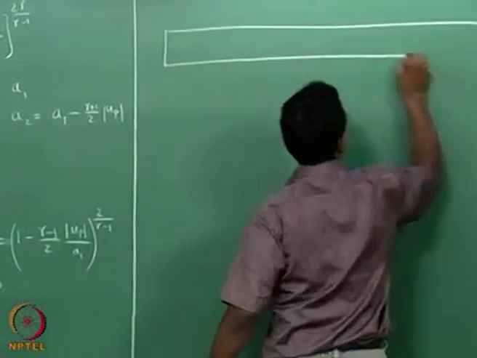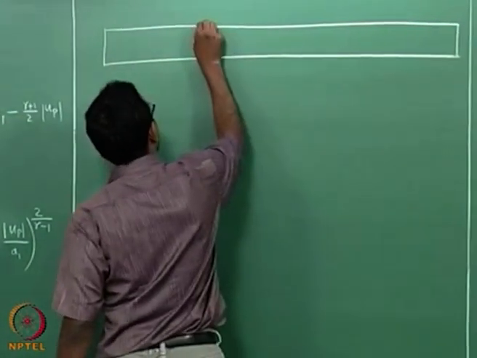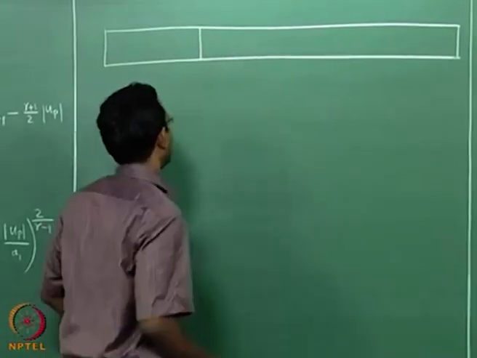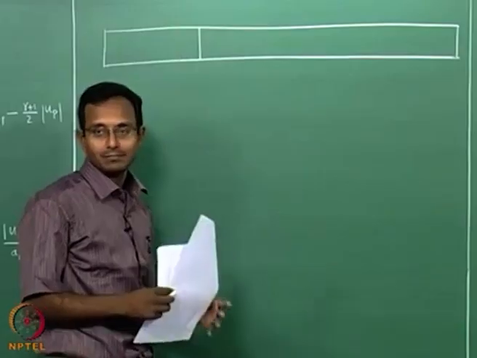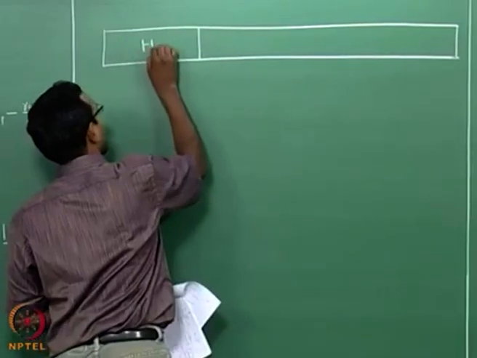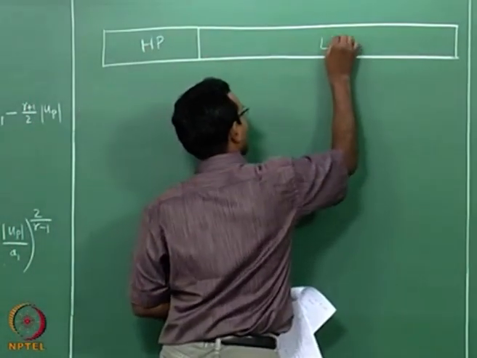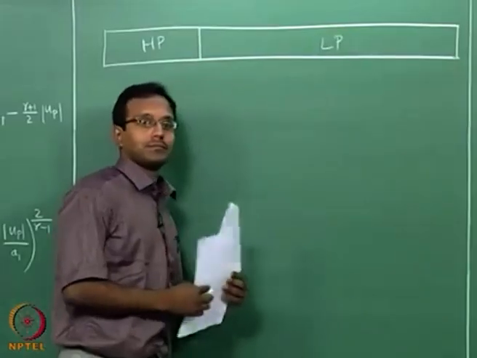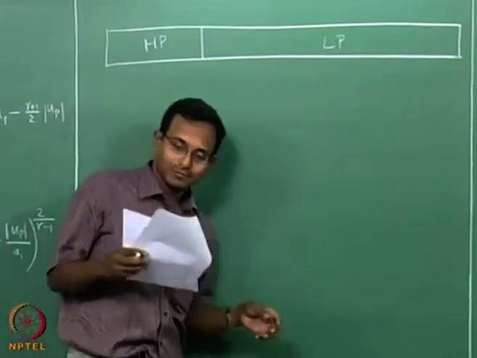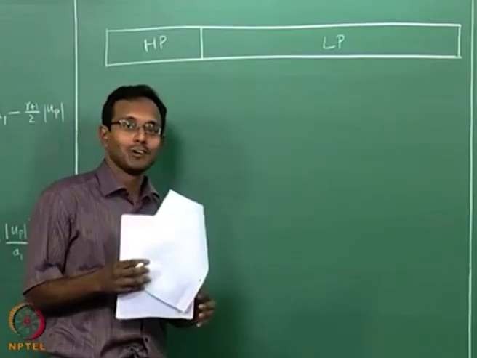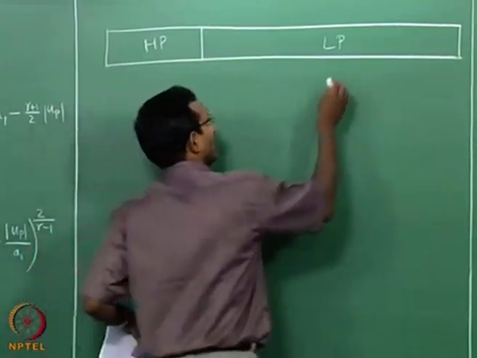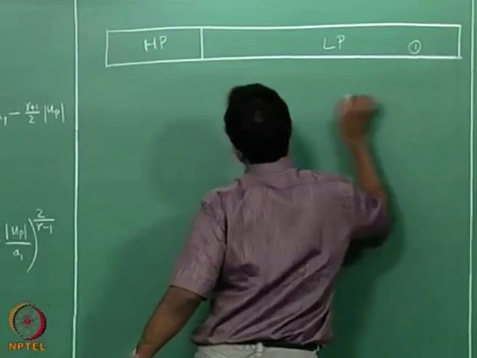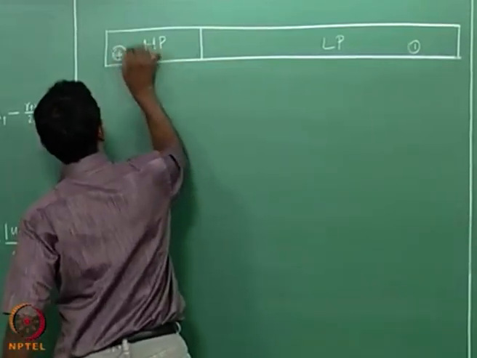It is basically a long tube with a thin diaphragm in there, and I am going to put high pressure gas here and low pressure gas here. We will see why one of them is longer than the other, obviously because shock travels faster than expansion waves. Okay? Now the idea is I am going to call this state 1 and this I will call state 4,